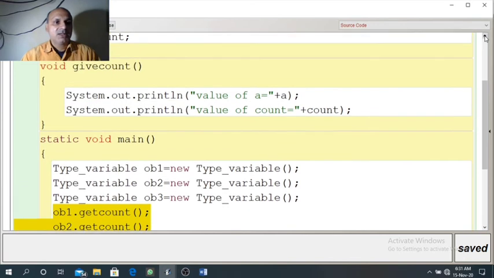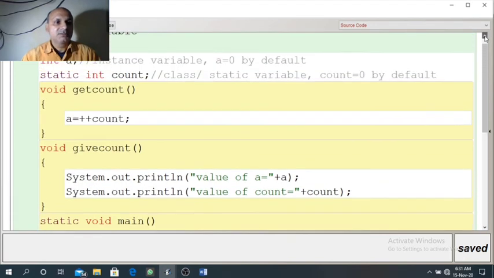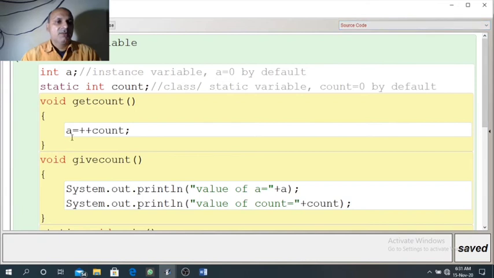See what is mentioned in getCount. When getCount is executed, first the right side will run, so count will update. In the beginning count is 0, which is the default value, so it will become 1 when it is executed the first time. In the beginning a was 0, but after the execution of plus plus count, a will also store 1.